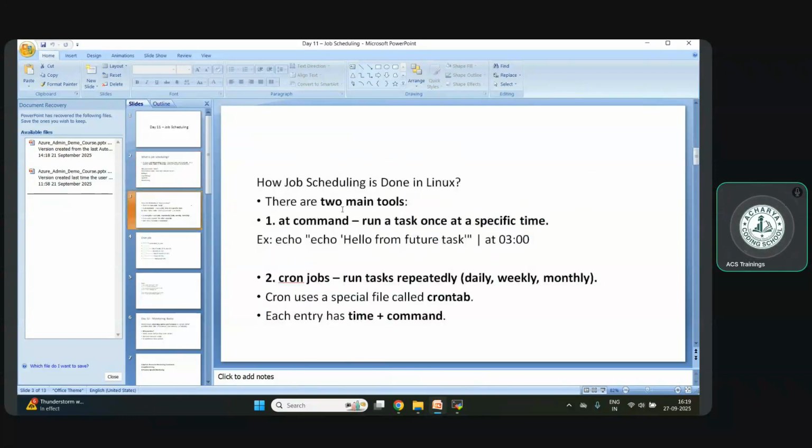So how is job scheduling done in Linux? In Linux, job scheduling is mainly done in two ways, using two tools: the at command or the cron job. The at command is mainly used to run a task at a specific time. If you want to run the task at 3 a.m., you can give the command like this. You can copy this command